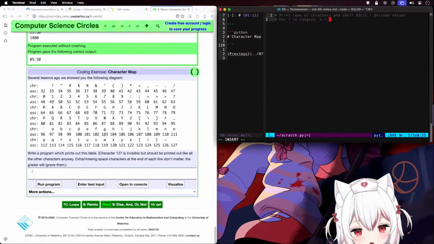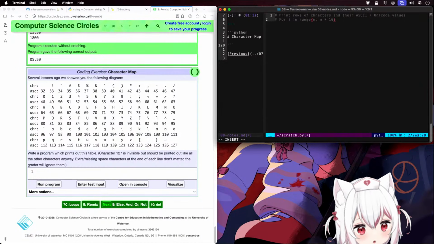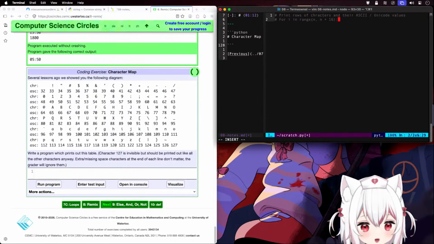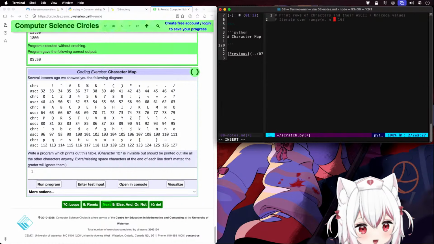So 16 and plus 16, right? 32 plus 16 is 48. So iterate over this range, and then on one line, print the characters, and on another line, print